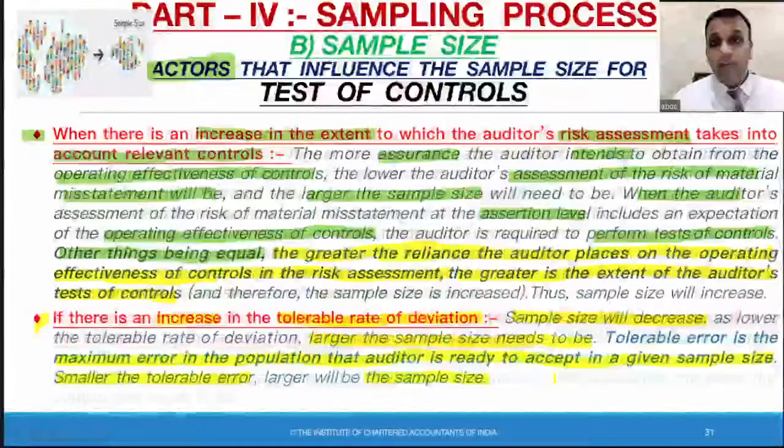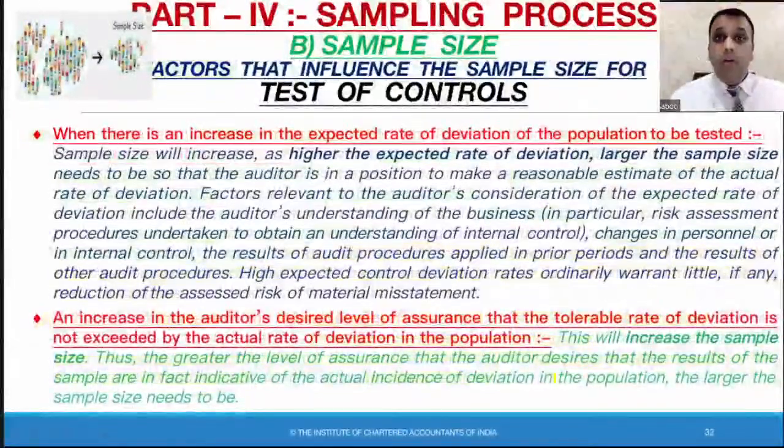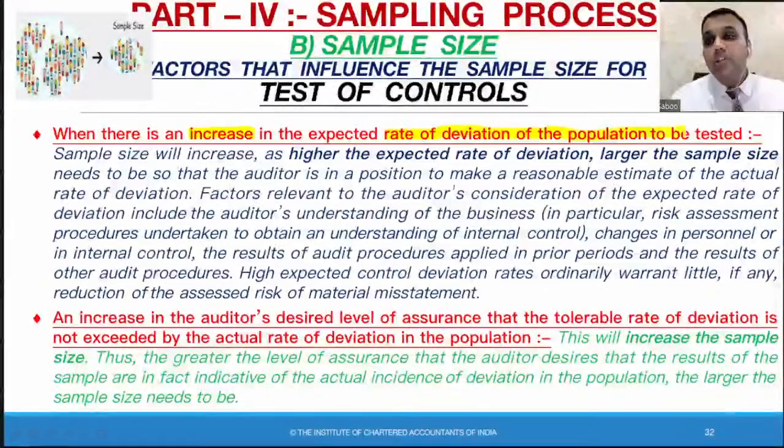Third factor, in the case of test of controls: when there is an increase in the expected rate of deviation of the population to be tested. I have expectations from the client with respect to the rate of deviation from the actual facts and figures. And I find that there are going to be many such cases where I am going to find deviations. I come to a conclusion by test checking that there are going to be many cases where I can expect many deviations. So rate of